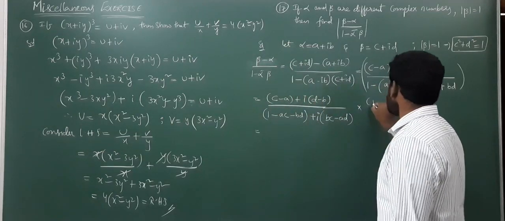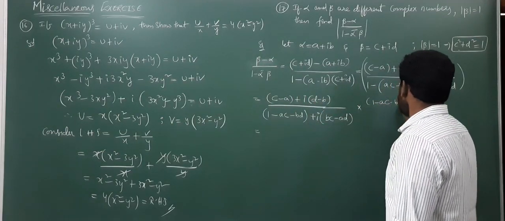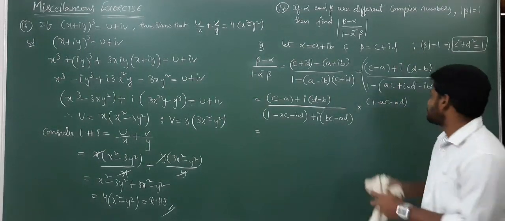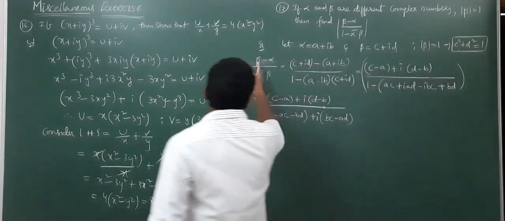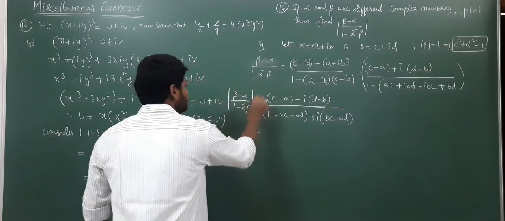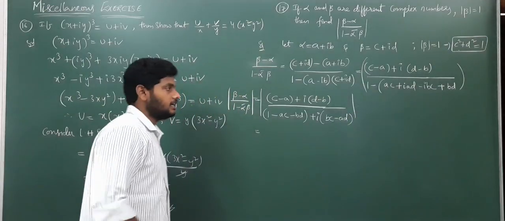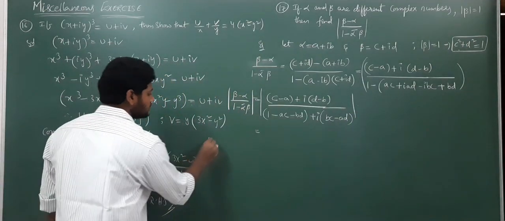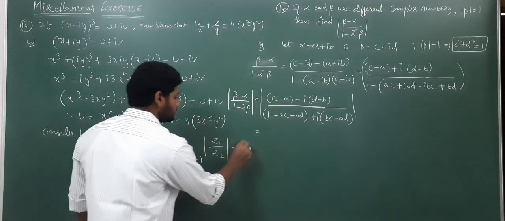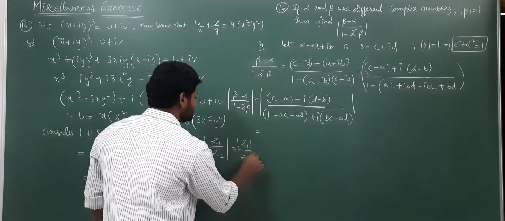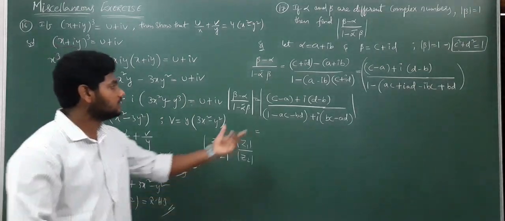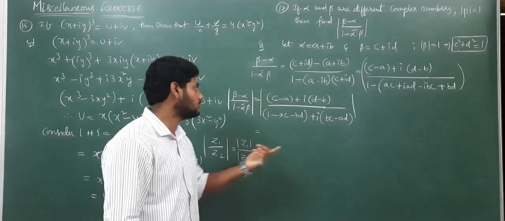See, in another case also we can do it. What is the LHS part here? This is beta minus alpha by 1 minus alpha bar into beta. For this we apply the modulus. In the properties of modulus we have discussed that Z1 by Z2 whole modulus is equal to modulus of Z1 by modulus of Z2. That modulus we can separate. If we separate that modulus, we will get this one whole square plus this one whole square, right? In that way also we can do it.